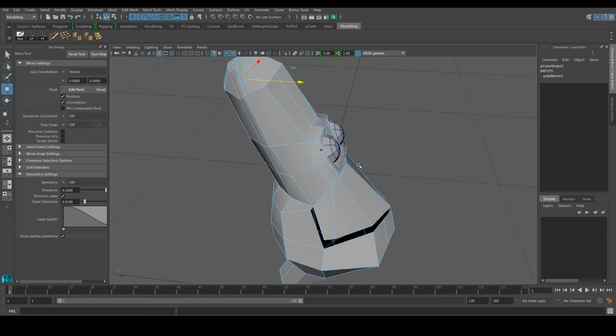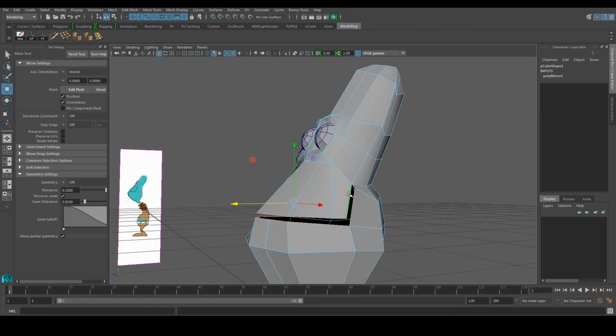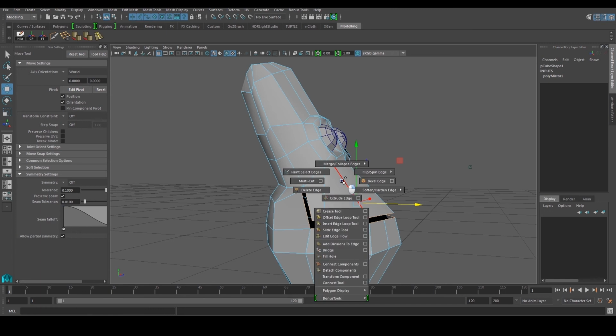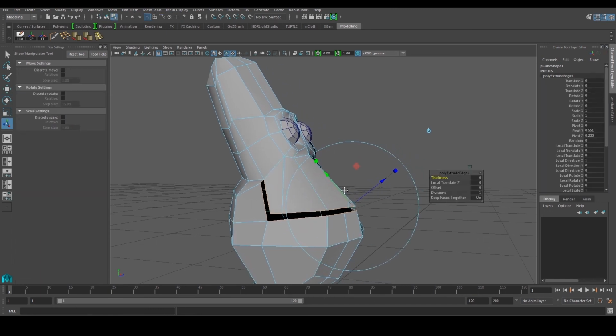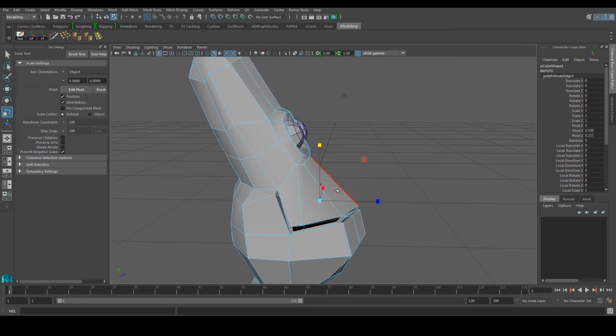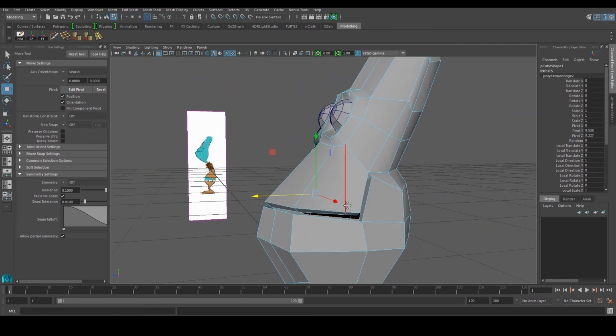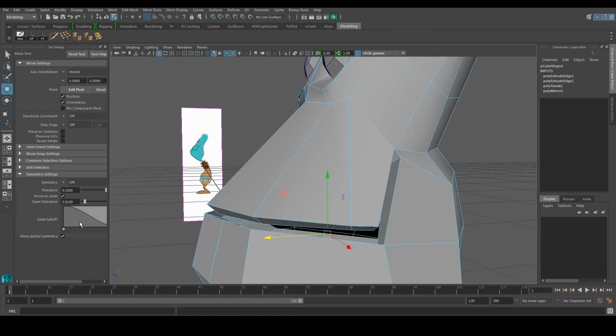Probably you didn't extrude properly, or something happened along the way. But if you've done it right, if you just double click on the edge over here, it's supposed to select the whole loop, and you can extrude this loop, push it down, and then you can press G, and then I'm going to press R, which is this guy over here, and I'm just going to scale it, extrude and scale at the same time, and maybe push it at the back, just to create some kind of mesh. There might be some holes over here.